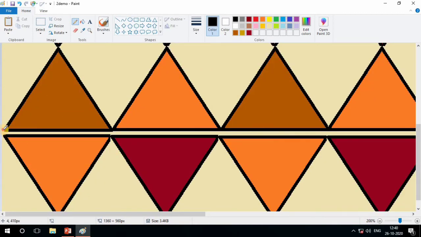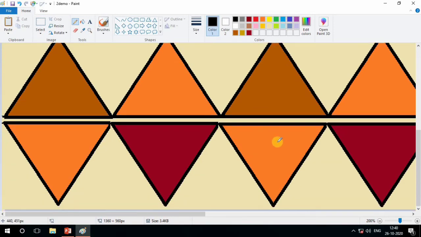Yes, see here also a gap, so use this pencil to fill here, here also. Now see here is also a gap, so fill it here. So the color does not go outside the shapes.